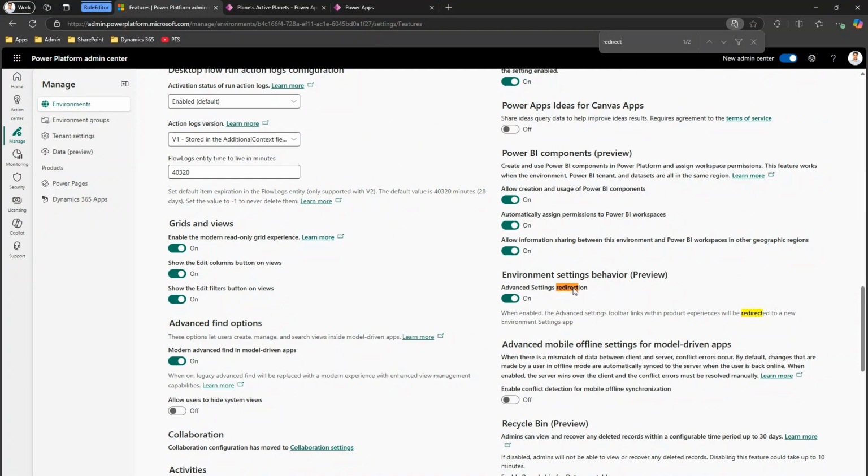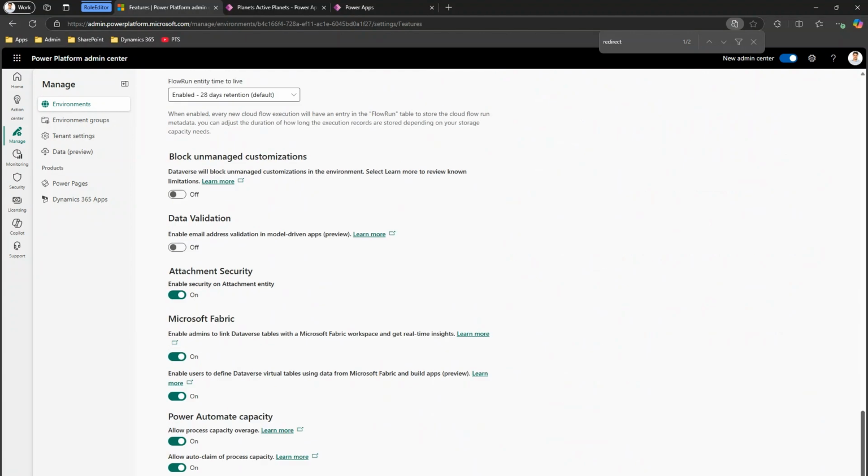It says advanced settings redirection. What this feature does is, when enabled, the advanced setting toolbar links within the product experience will be redirected to the new environment settings app, which is the current behavior. Now, what if we do not want that to happen? We have an option to turn this off. So if I just turn this off and click on save,